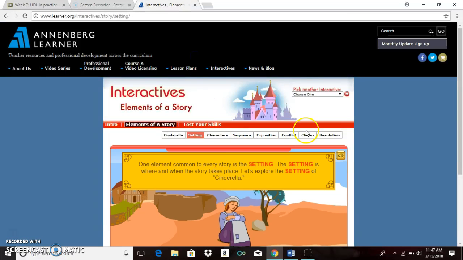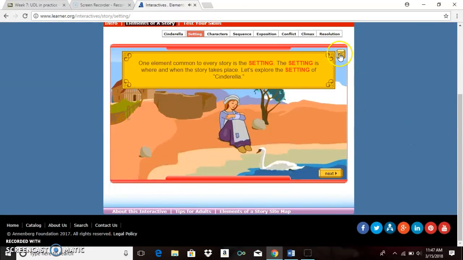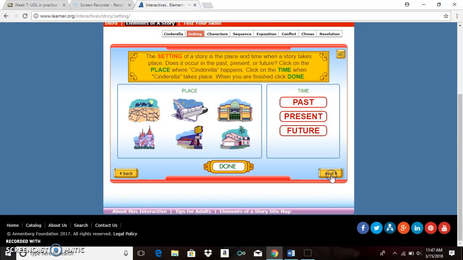Like if we go into setting, and we're going to mute it again just because it's easier for this scenario. So we're going to read, what element, comments. Every story has a setting, and then it says let's explore. So you're going to click the time and the place, and so, alright, Cinderella's in a castle,